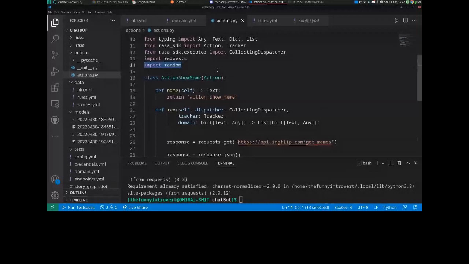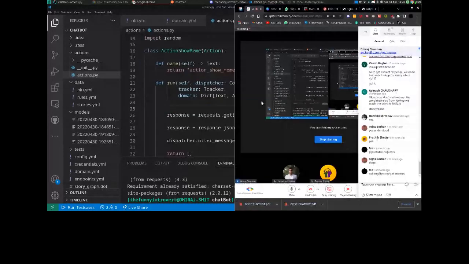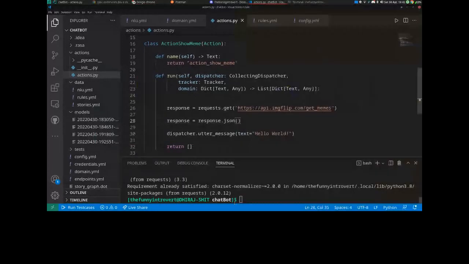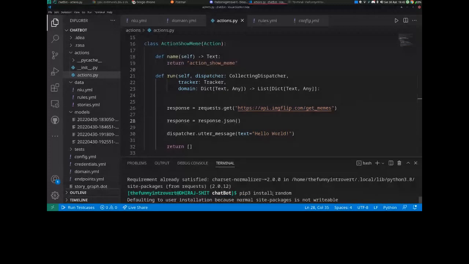I hope random comes directly. But if you don't have random and it gives an error later on, you can run pip3 install random, just to check. I will also check here directly. Pip3 install random. If you have installed it, it will say it is already there. It is not saying that, which is pretty weird, but I think that is a sign it has already been installed, hopefully.